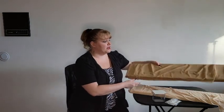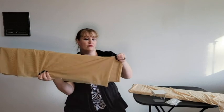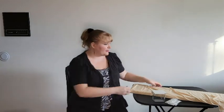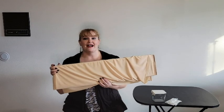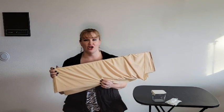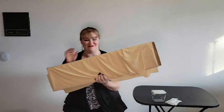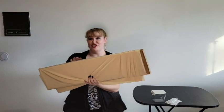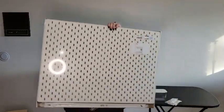And then I bought the lining for the bathing suits. So I bought a normal mesh lining, and then I got a power mesh lining. From what I understand, power mesh acts like Spanx or a girdle or anything like that. So that's something that we're definitely going to use. If you haven't noticed, I'm not the tiniest individual in the world. So we kind of accommodate a little bit. I also went to IKEA and bought a pegboard that I'm going to be hanging all